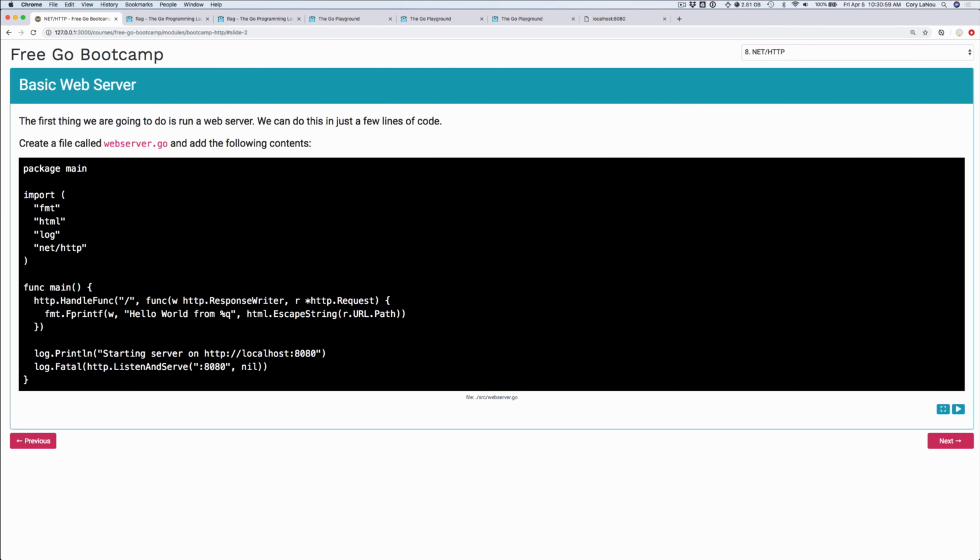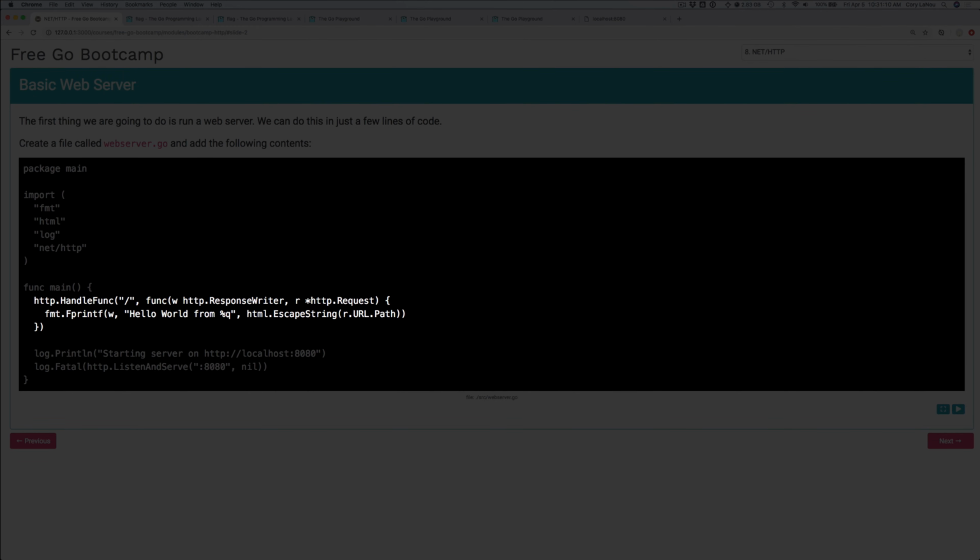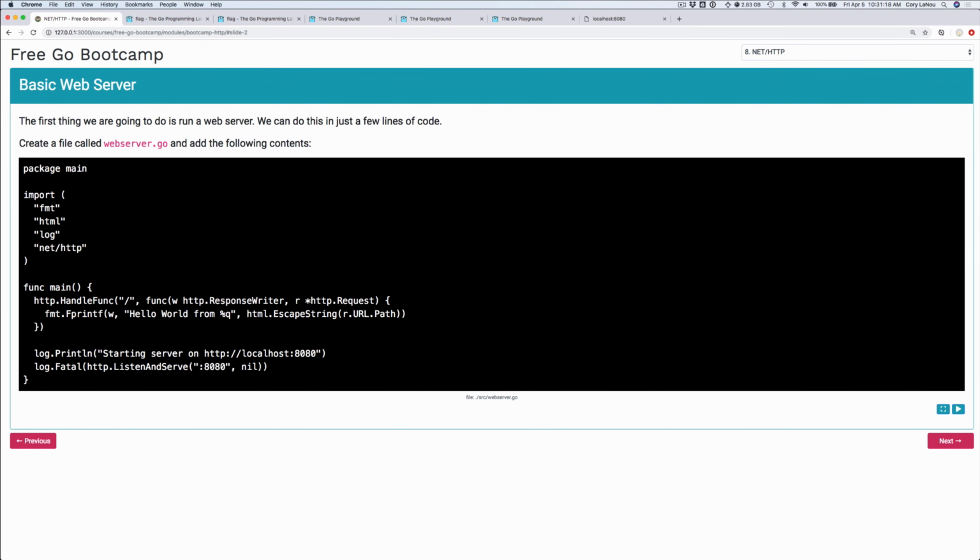So if we look at a very basic web server, we saw this kind of in one of our overviews earlier. We can create a very simple file called webserver.go and use some very simple things in here. In this case, we're just going to use a handler. Again, this is our basic handler. We're just going to print hello world, and then we're actually going to put in the actual URL. So I just want to print out the path that this is running from. Then I'm going to go ahead and run this and see the results. So let's go ahead and fire this up and see what happens.